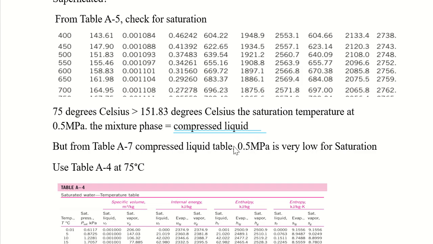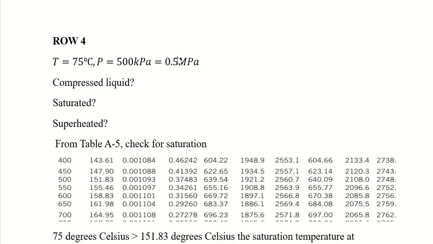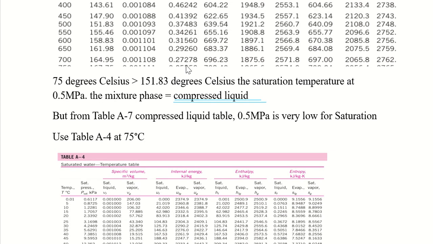This pressure is too low for compressed liquid, and it's what we've been given. For compressed liquids, the pressures usually go beyond that, maybe 10 megapascals or more. So we cannot use the compressed liquid table. What we're going to do is use the saturation temperature